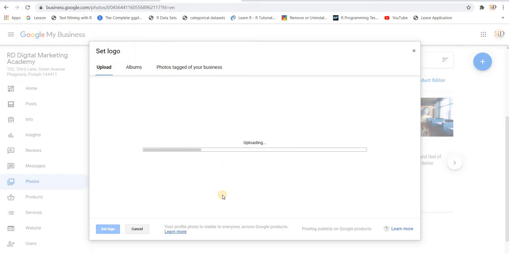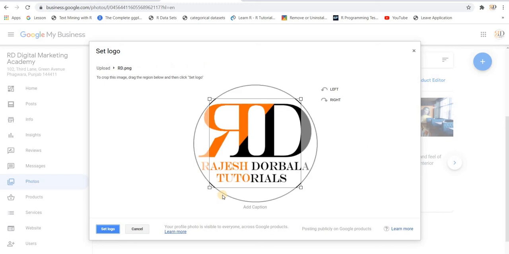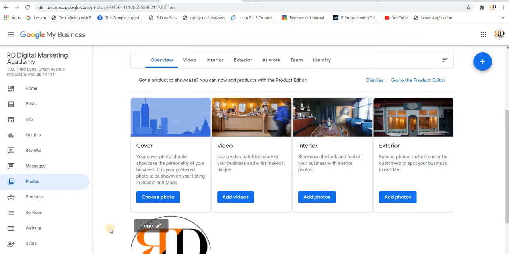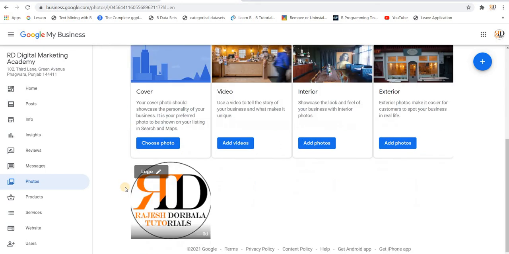So this is one logo I have uploaded. This will build my profile much better. Great. It says you have to crop your logo. Now this is fine. So my logo is added. Done. Good.